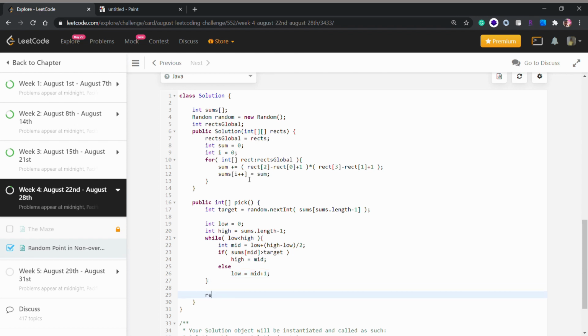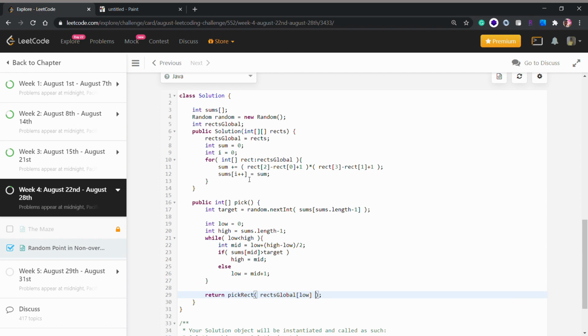And now we will have another method. Let's call it pick rectangle, or pick point. You can call it whatever you want, it doesn't matter much. Give it a relevant name, but you can give it any name. So we will just return our rects global of low.